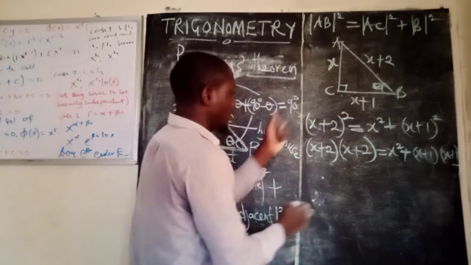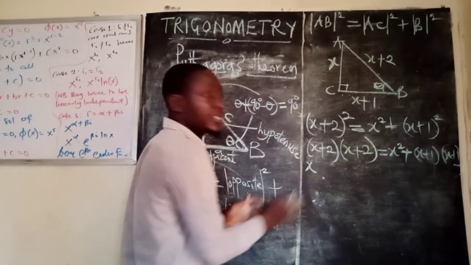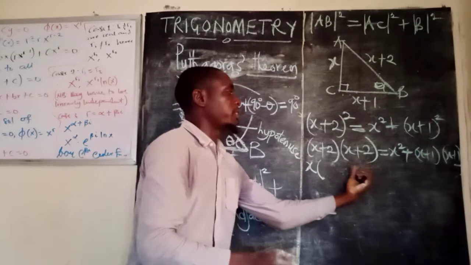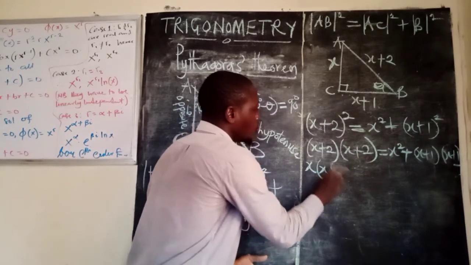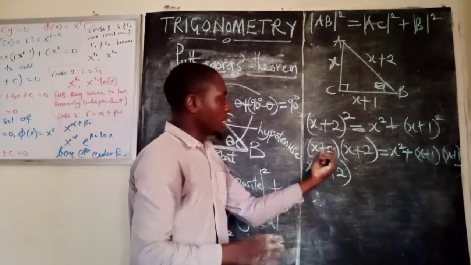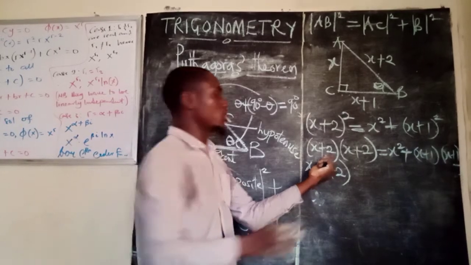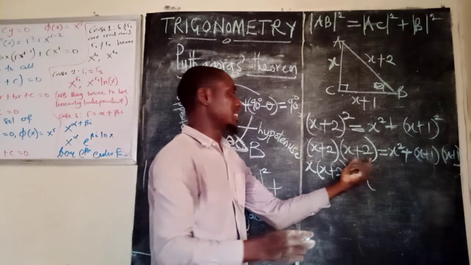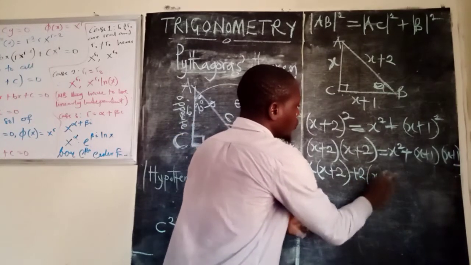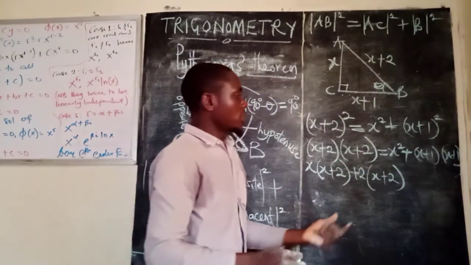What are we saying? This is what we are saying. We take x in bracket, the whole of this, what we have here, x plus 2. We close it. We also take this other term, which is plus 2. We multiply it by what we have here, the same thing, x plus 2. Okay, so from there,